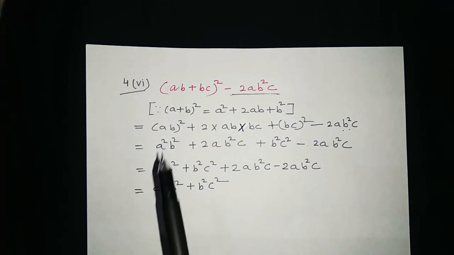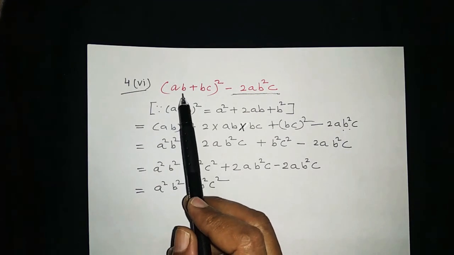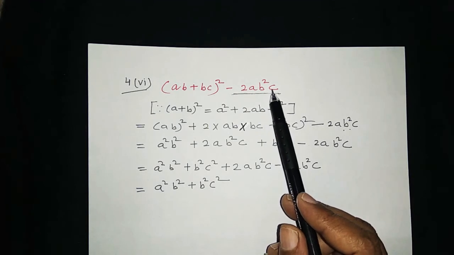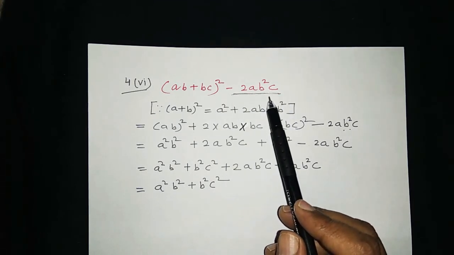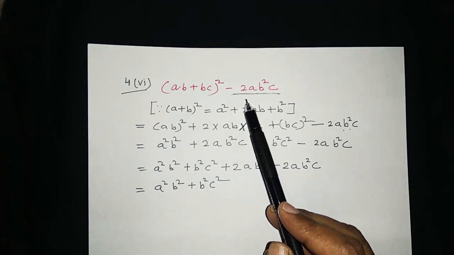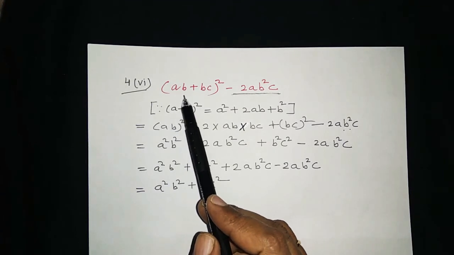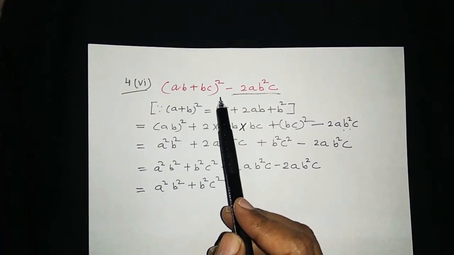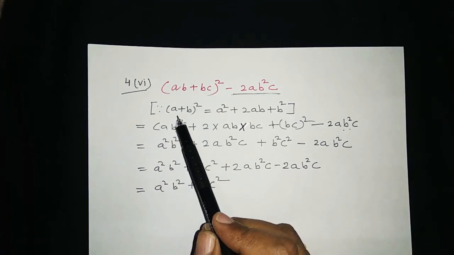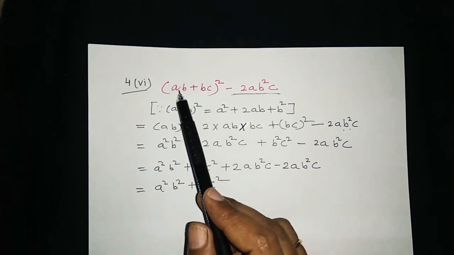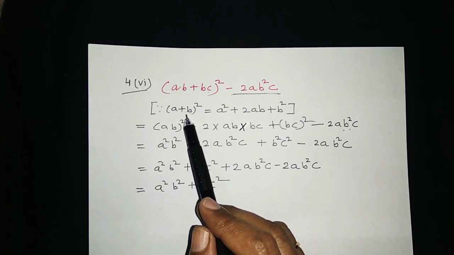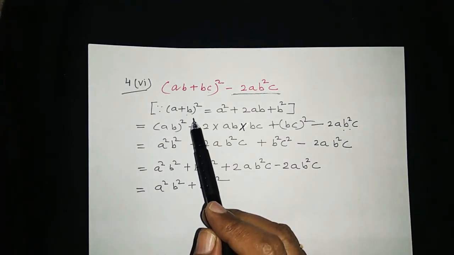Now see the sixth part of question number 4: (AB + BC) whole square minus 2AB square C. For this question also you will think about which identity we can use here. Here we have (AB + BC) whole square, so we can use (A + B) whole square, because it is in this form. So here we will use the identity (A + B) whole square is equal to A square plus 2AB